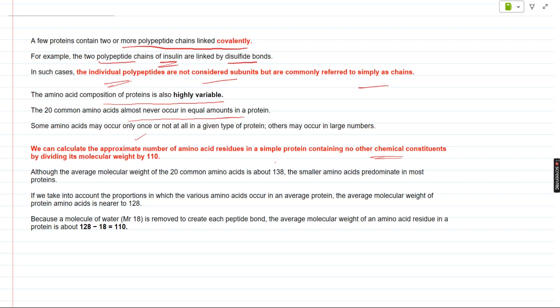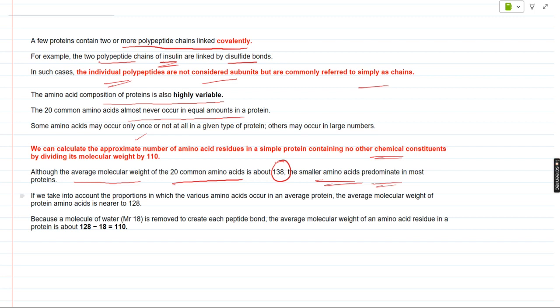If you take all the amino acids separately, take their molecular weights, sum them up and divide by 20, that is, the average molecular weight of all the 20 common amino acids, it comes to about 138. But you cannot divide the molecular weight by 138. Why? Because the smaller amino acids tend to predominate in most proteins. So in this case, you also have to take into account the proportion in which each amino acid actually occurs